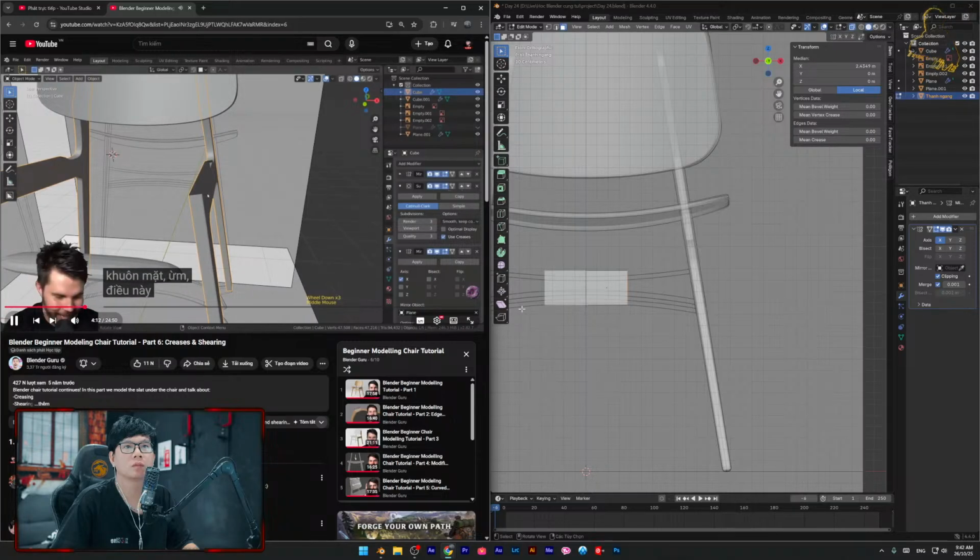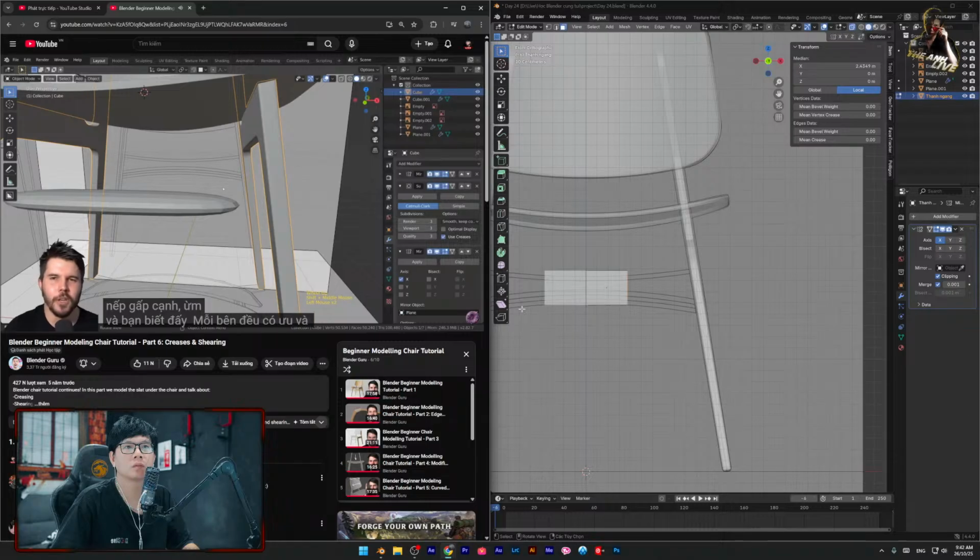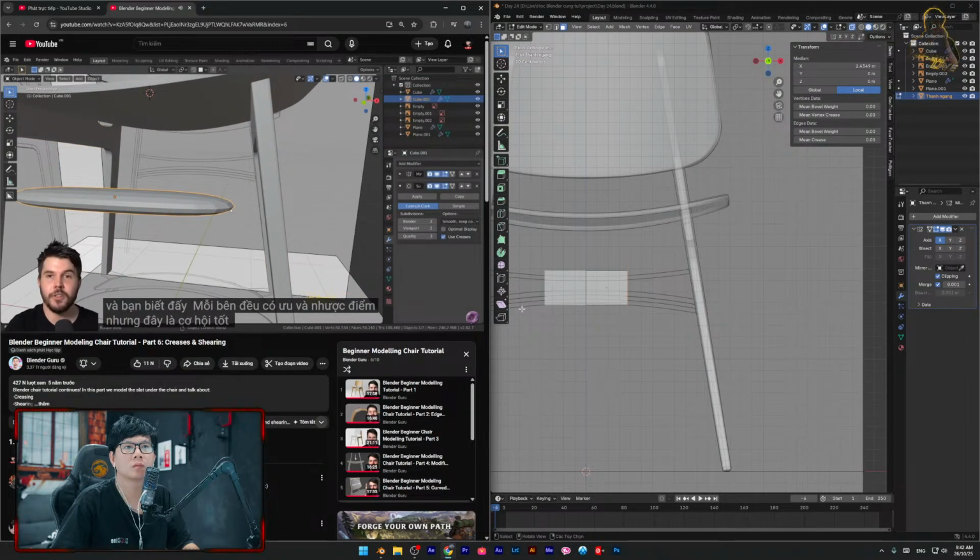which is easy. It's very easy. A crease, an edge crease, and there's pros and cons to each side, but it's a good opportunity to talk about edge creases regardless, because